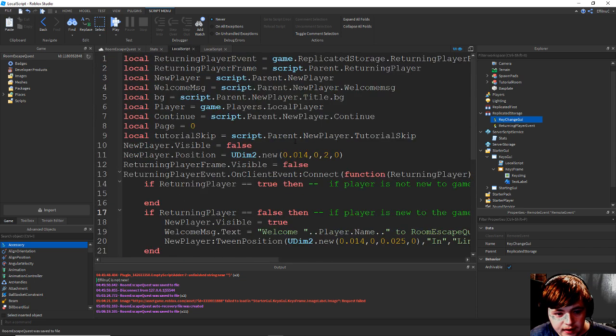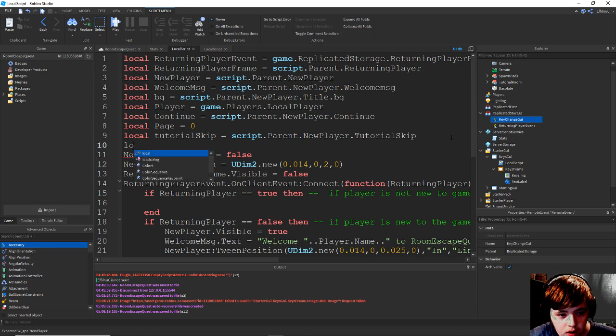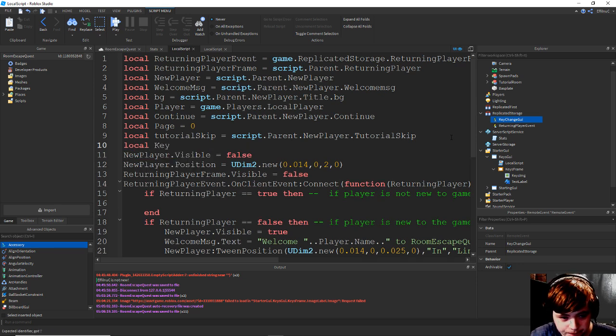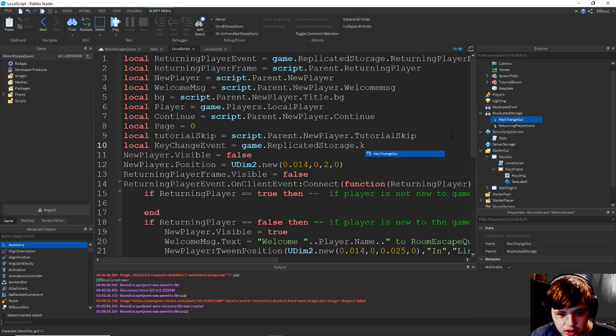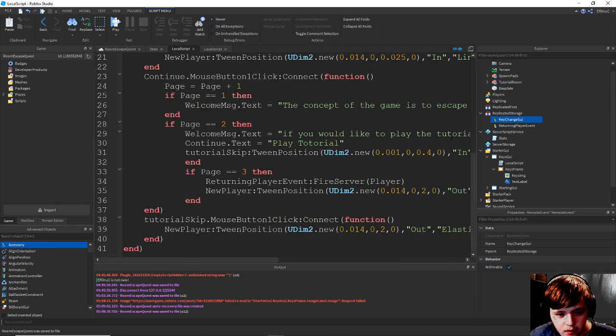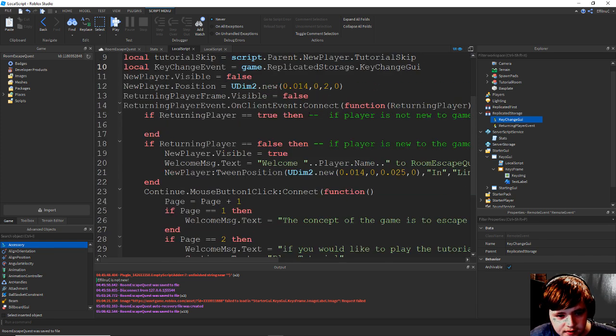So we can go up here and we can say local key change event equals replicated storage, so game dot replicated storage dot key change GUI, and then we're going to go back down to our changed event, which is